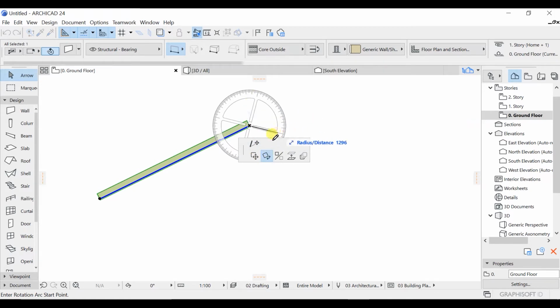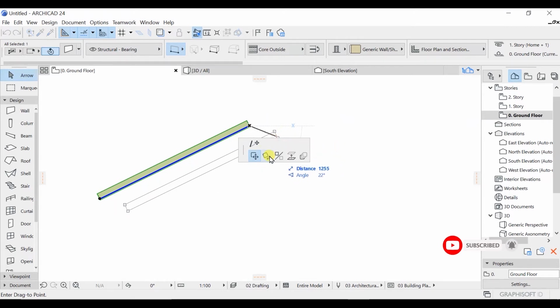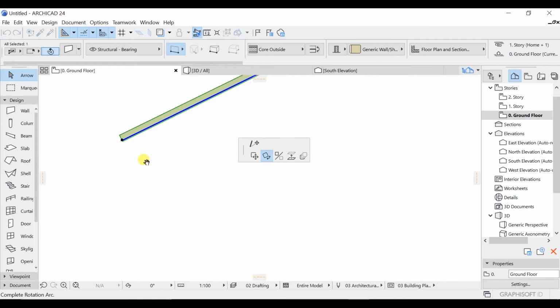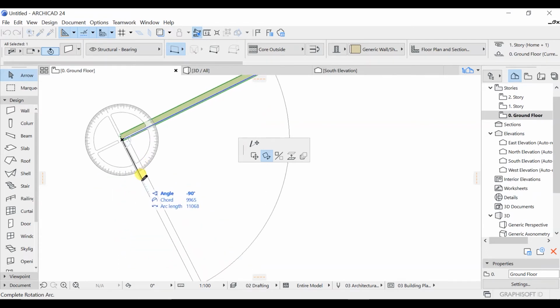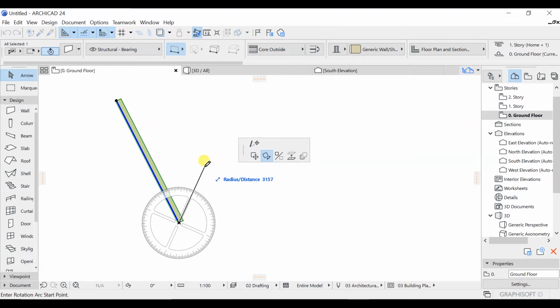Or let's say I want to move this one, I want to drag this one, so I can drag it like this. Now let's say that I just changed my mind, so I can go with this option, I can go with rotate. So first of all, you need to set up the initial point. I will click on this initial point, and after that I will choose this one, and I can rotate this wall as per my choice. Let's say I want to rotate this wall in this direction. Now again, I will do a double click here, and after that I will press escape.